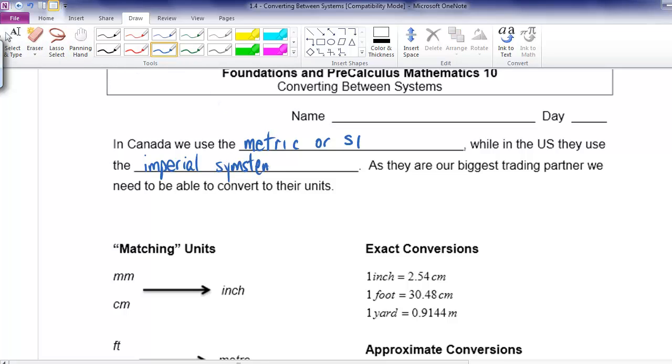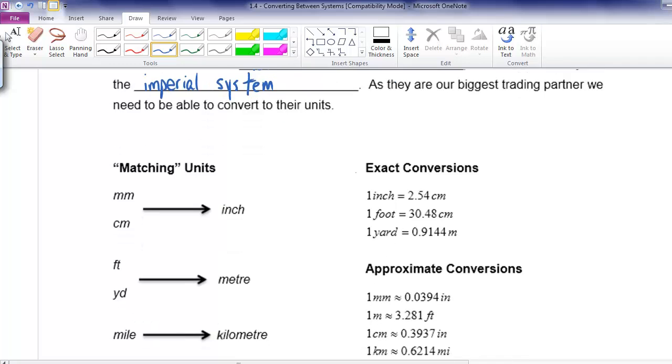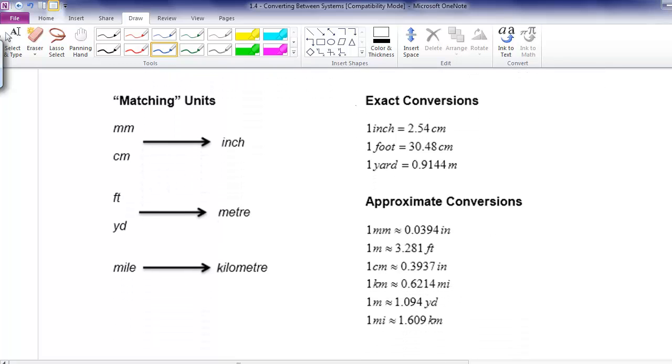And as the US is our biggest trading partner, we need to be able to convert to their units. They will not bend to our units. Down in the US, they actually do in science use the metric system, but not in their everyday life. So as before, it's a good idea to have an idea of the reference for both,